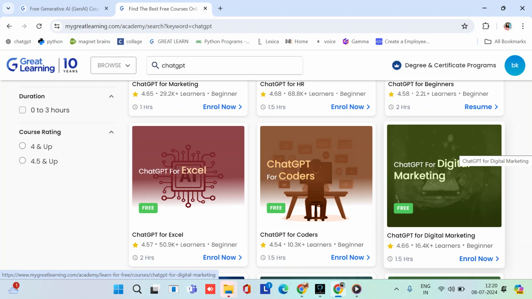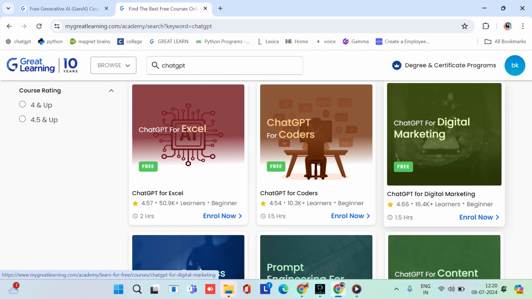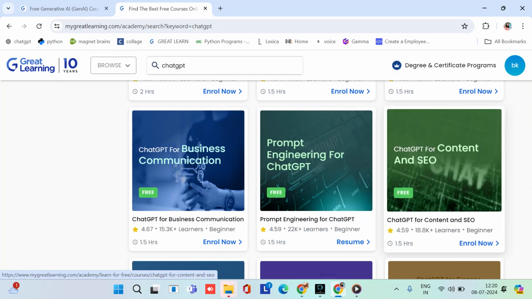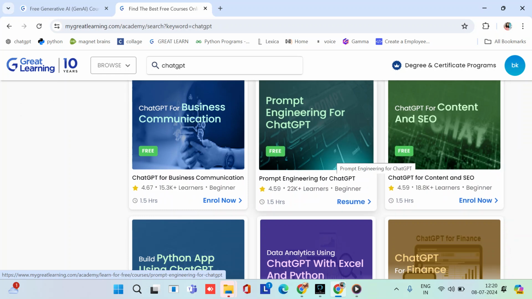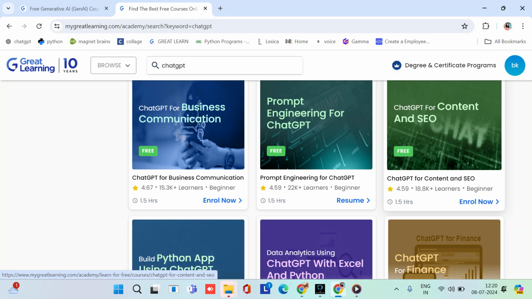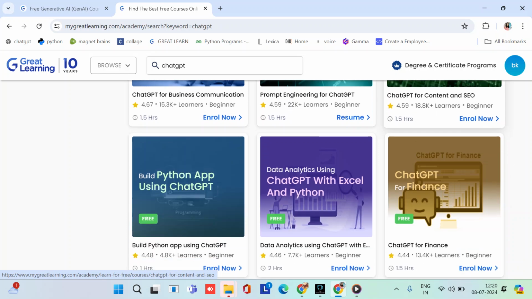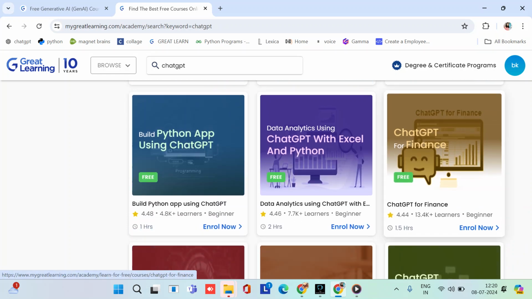Then ChatGPT for coders, ChatGPT for digital marketing, ChatGPT for business communication, prompt engineering for ChatGPT. This course is very in demand. Then ChatGPT for content and SEO. Then build a Python app using ChatGPT, data analyst using ChatGPT, with Excel and Python.